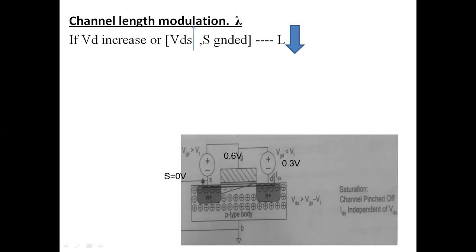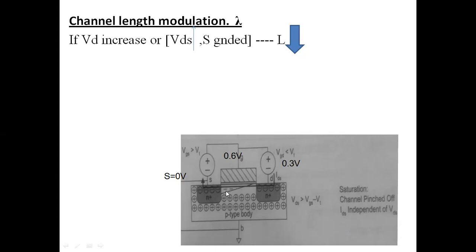Like earlier the length of the channel was from this end to this end, and due to the increase of the drain voltage, with the source at the ground terminal, suppose if I increase the drain voltage, then the channel length is reduced, and this effect is also called the pinch off effect, where we have the reduction in